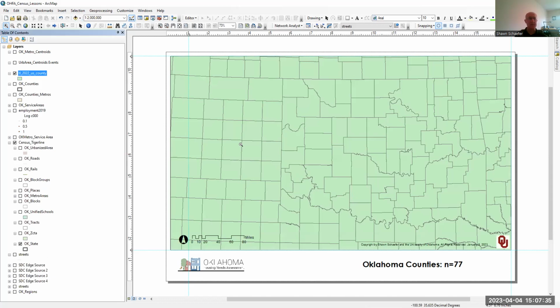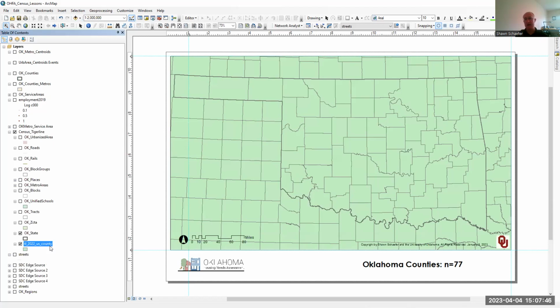And I add that in there, and I'm going to drag this down here so that we can put the outline of the state on top there. So you can kind of see, all right, so I have all my counties. And as I pointed out, when we downloaded this, all of the counties are showing for the entire country. And so we can use that, but if we want to isolate the Oklahoma counties, we're going to have to do a little